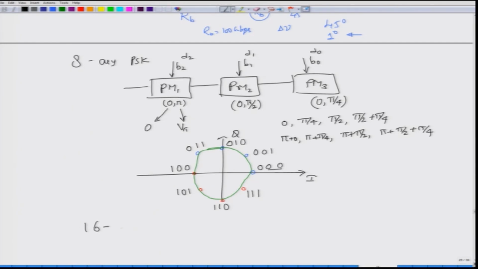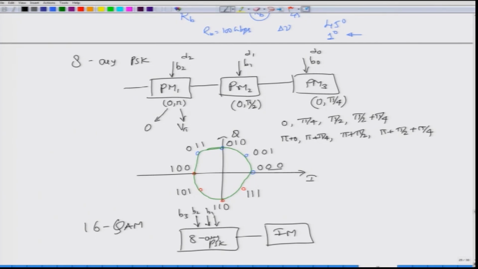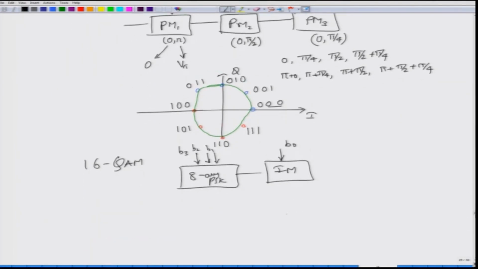Now, to generate a 16 star QAM, all you have to do is take an 8-array PSK system over here, and then have an intensity modulator. To this 8-array PSK you supply B3, B2 and B1. To this intensity modulator you supply B0, B0 being the least significant bit. So, you supply the least significant bit, and what you would essentially generate is one 8-array PSK defined by B3, B2 and B1, and the same 8-array PSK, but this time with a different amplitude,